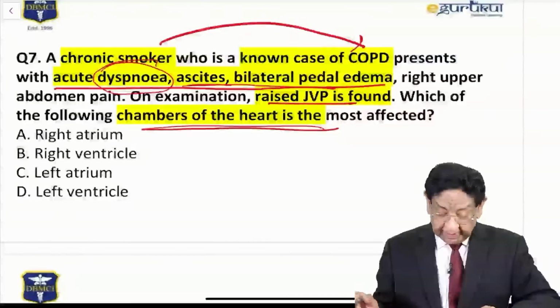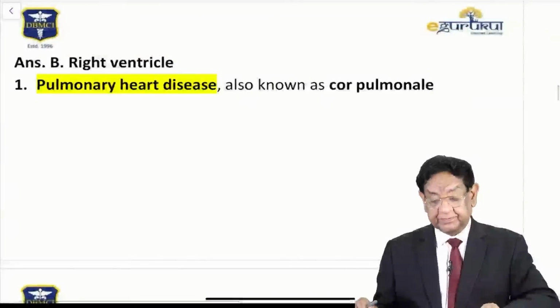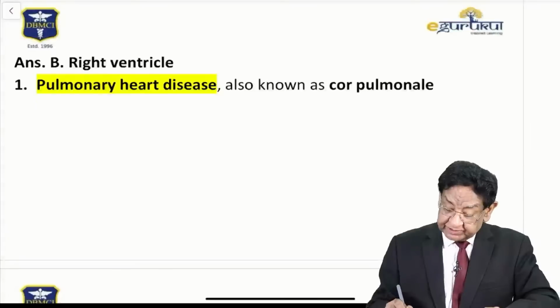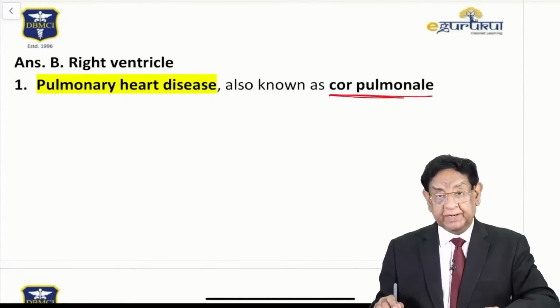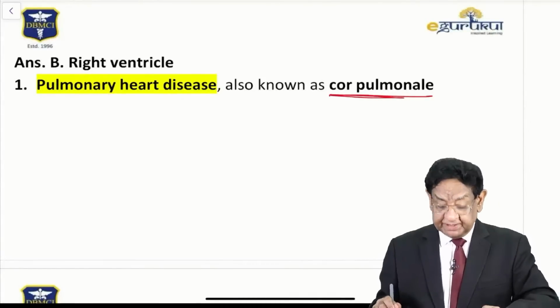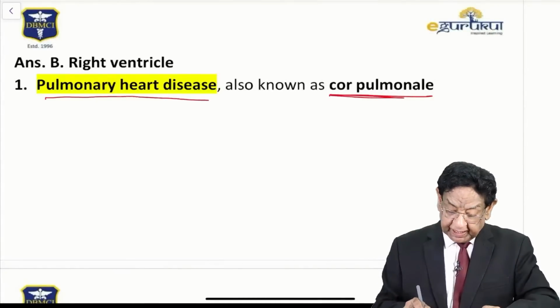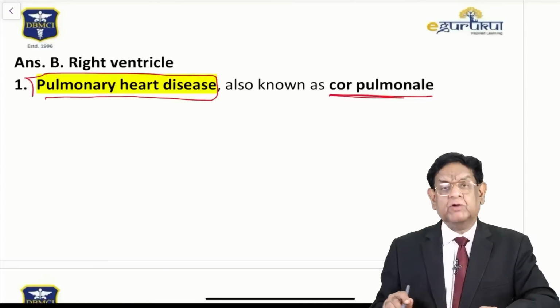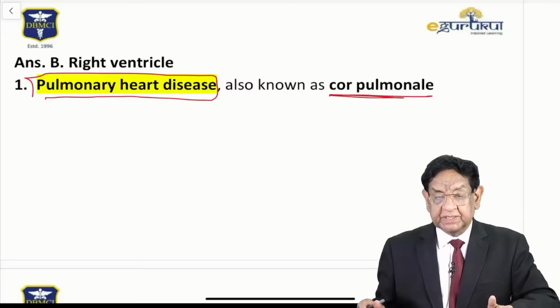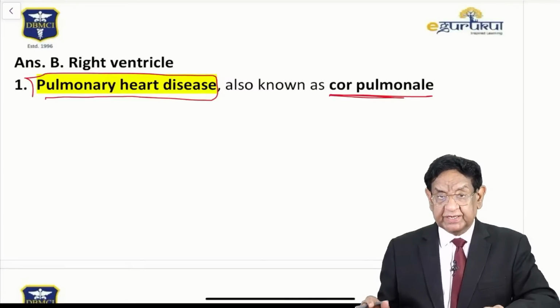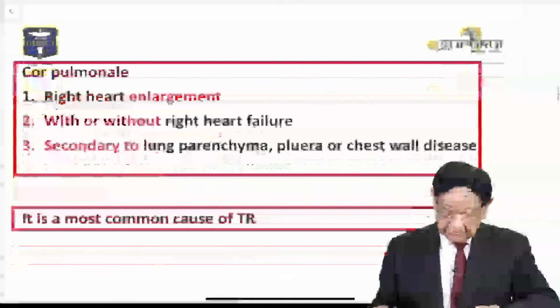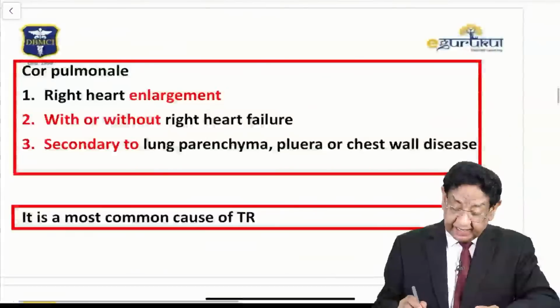I hope by now you have done it. The answer is right ventricle. This is a case of cor pulmonale. The other name of the disease is pulmonary heart disease. It's not a very commonly used term. That's why most students are not aware that there is something called pulmonary heart disease. So cor pulmonale is right heart enlargement